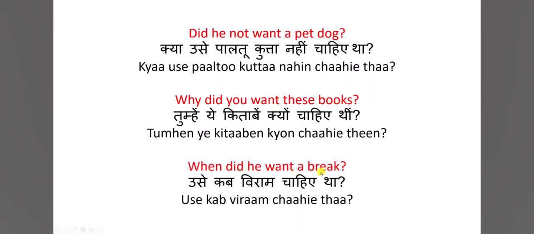When did he want a break? उसे कब विराम चाहिए था? उसे is he, कब is when, विराम is break, चाहिए is want, था is selected because break, viram is masculine and singular. Okay, so this is how we frame past tense sentences of want. Okay, now